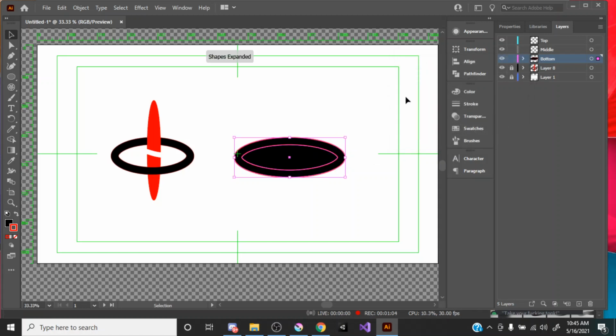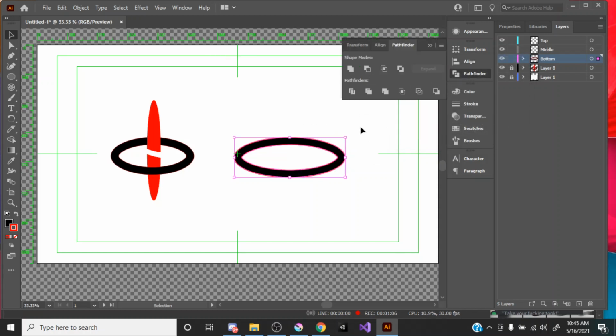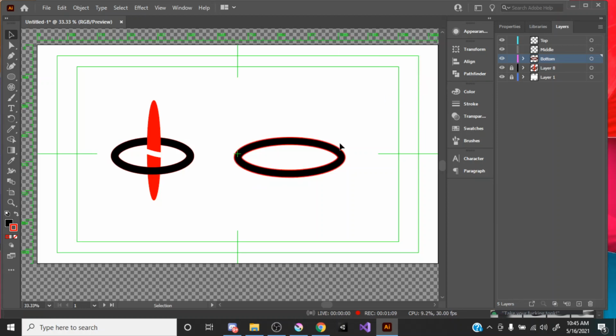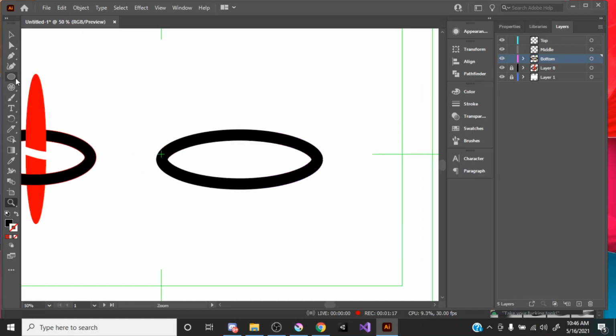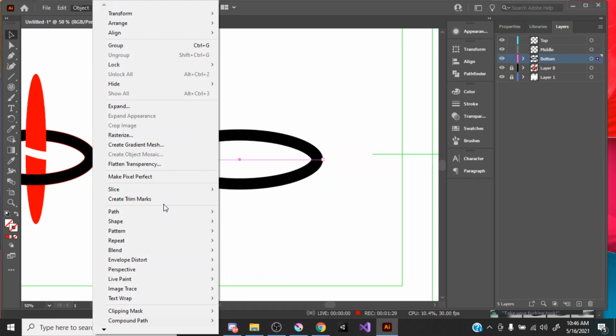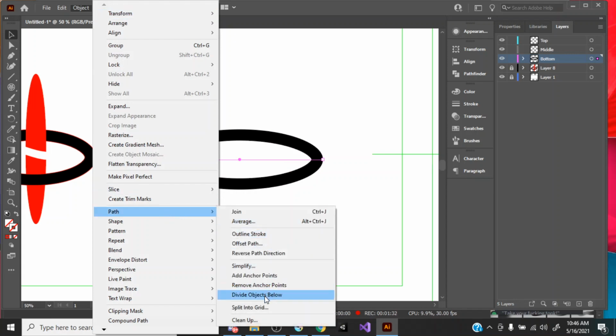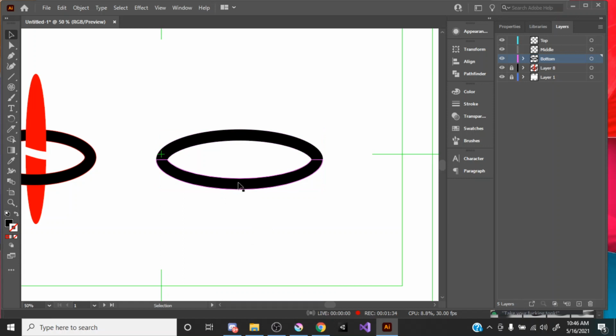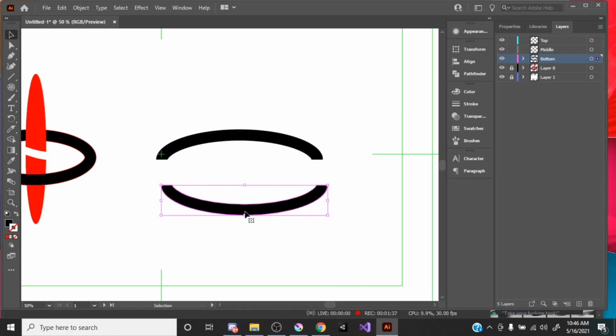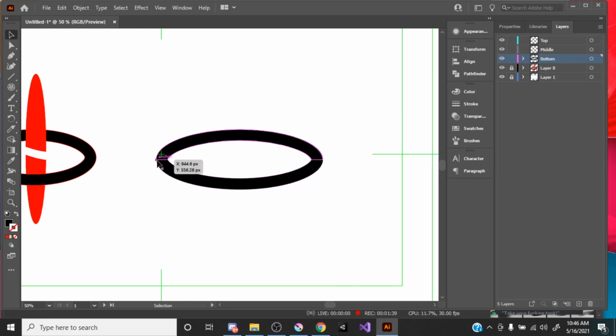I'm going to select both of these, go to Pathfinder, Subtract. So now we have this nice ring. For this, I'm going to turn the stroke off. And then I'm going to take my line segment tool, go to the anchor, and snap to the other anchor. With this line still selected, I'm going to go up to Object, Path, Divide Objects Below. What this does is it splits off the ring into 2 different halves very nicely, and these seams match